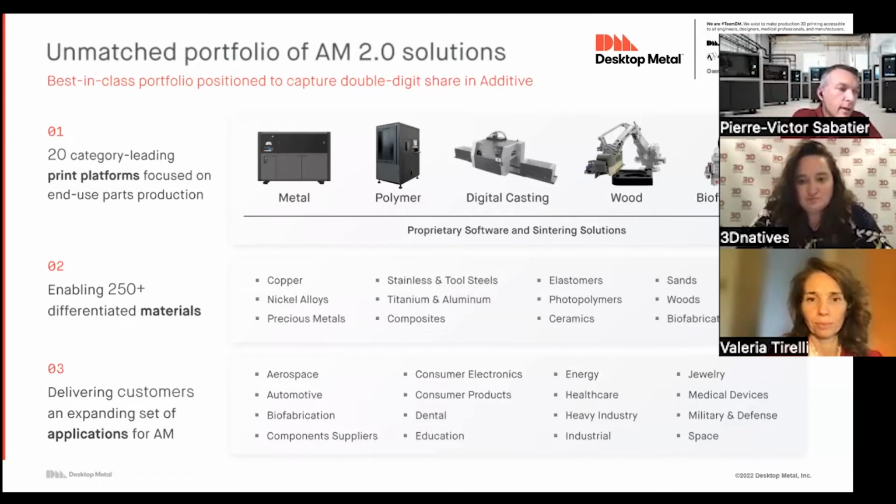So that's something, and the same, everything under the same roof, and everything based on what we call additive manufacturing 2.0, meaning industrial solutions. The second point, our platforms are based on technologies that can be used for volume productions. Since the beginning, it's a key focus for us. Our platforms are able to produce thousands of parts per week, and because we use technologies that are meant to be production technologies.